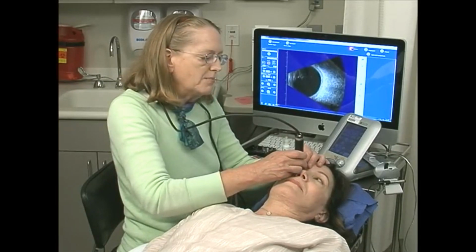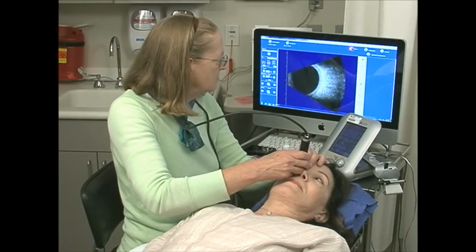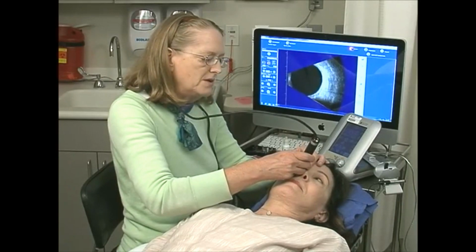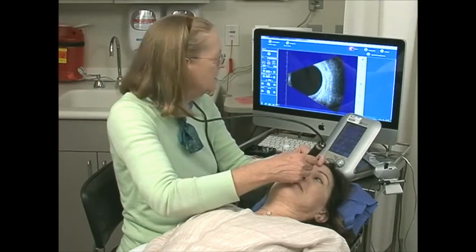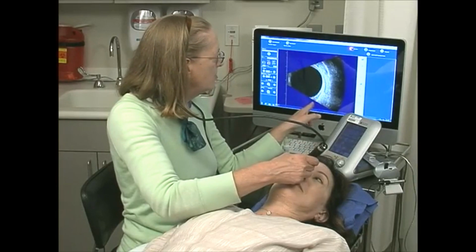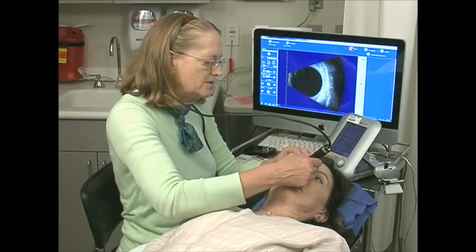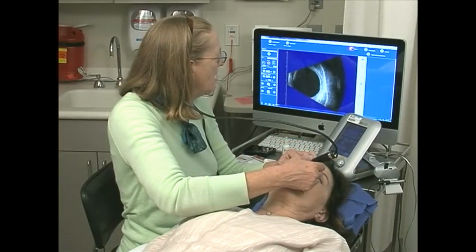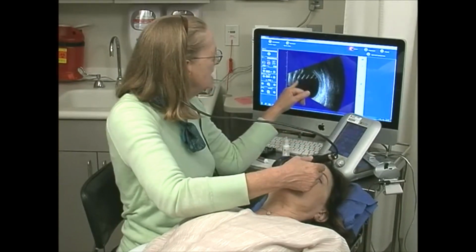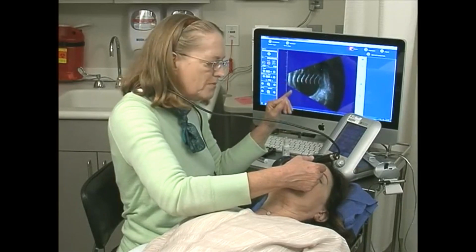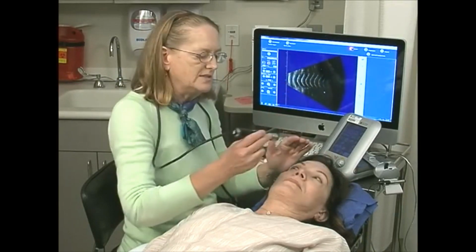And now I bring the probe out this way, you see, going nasally, but the sound beam is being swept temporally, superotemporal, inferotemporal, inferior oblique inserting tendon, medial rectus, so you know I'm equatorial. I go way out until I start to lose contact by seeing the probe echoes from the membrane. And now I've examined all 4